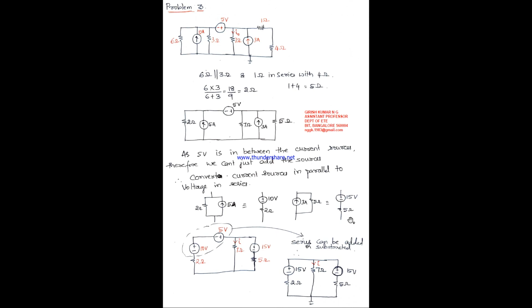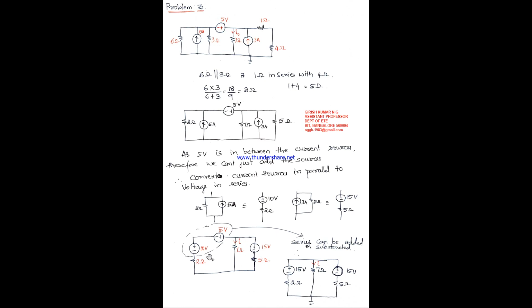Okay. So you see these circuits have been replaced here. This circuit is replaced with a series of 10 volts and 2 ohms. The arrow of 5 amps is upward, therefore plus goes on top and minus comes down, and this 5 volts is kept as it is, and the 7 ohms is kept from the main circuit itself, whereas this 3 amps in parallel with 5 ohms is converted into series. Again here 3 amps is flowing towards the top, meaning the direction of 3 amps is towards the upper side, therefore plus goes to top and minus comes down. So that is in series with 5 ohms.